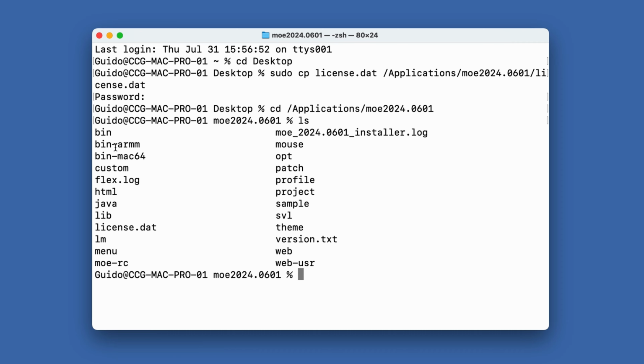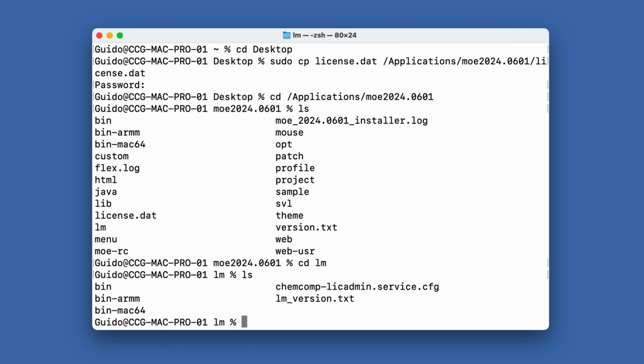So when you look into the files that we have in this directory, you will also see that we have here a folder for the license manager. So let's check what is in there. I will cd into that directory. And here we see that we have the ChemComp LIG-admin service CFG. So we have a configuration file there. So let me just open that